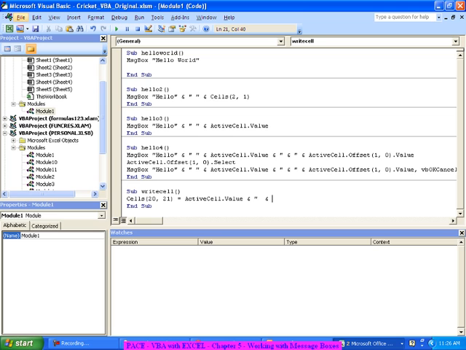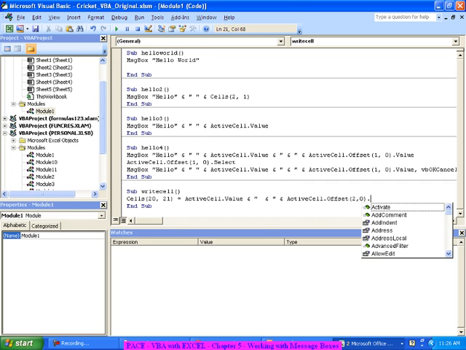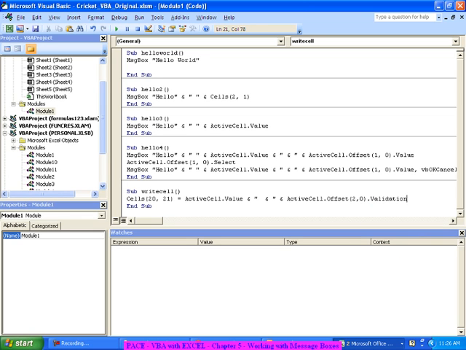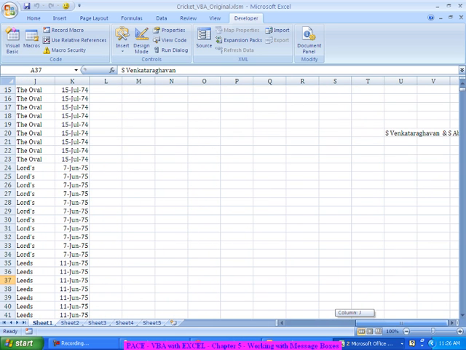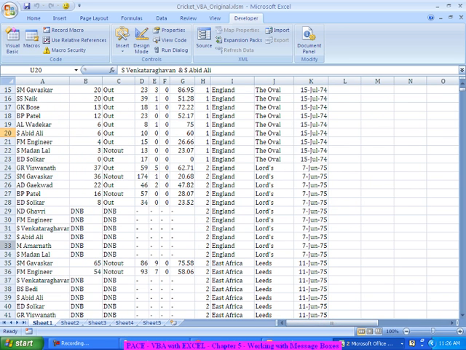And probably put an and here, and active cell dot offset, probably 1 or 2 comma 0, means this and the second row from there, not the next one, the next one, dot value. That's it. S Venkatraghavan and S Abidali. Now wherever you put your cursor, you put it here,